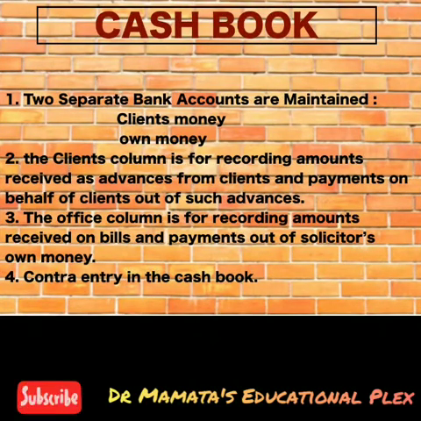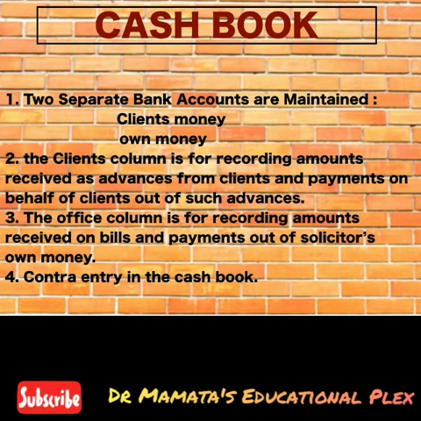Firstly, we will discuss the cash book. A solicitor handles clients' money as well as his own money. Therefore, he maintains two separate bank accounts. One is for clients' money and the other is for his own money. It is because of this that a solicitor's cash book is ruled with two money columns on each side, client and office. These two columns he has to prepare.